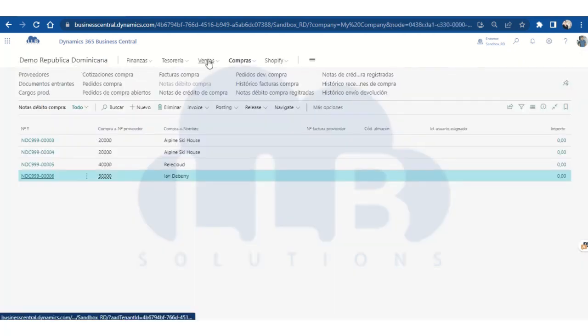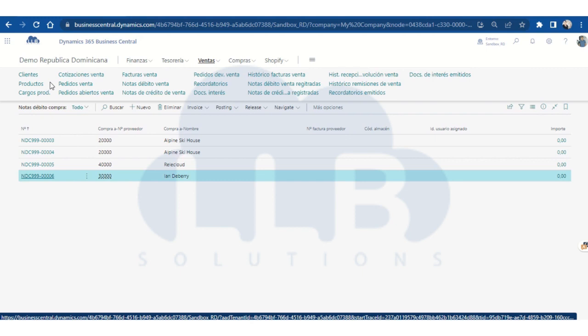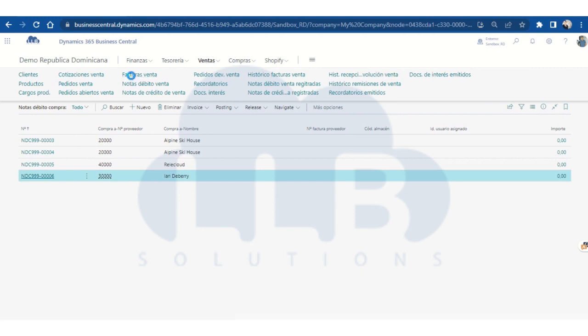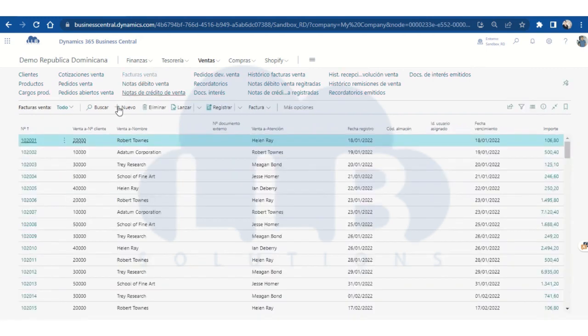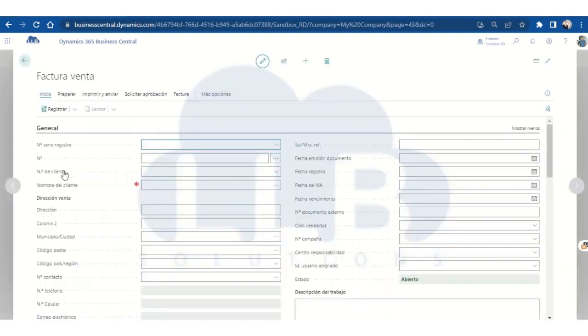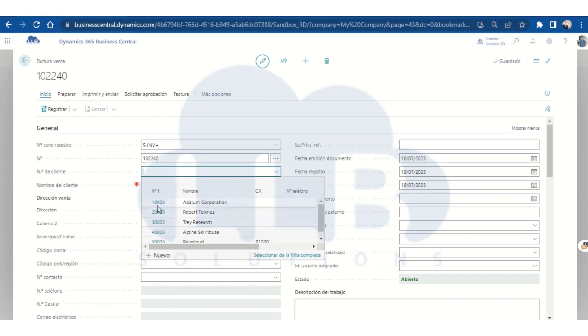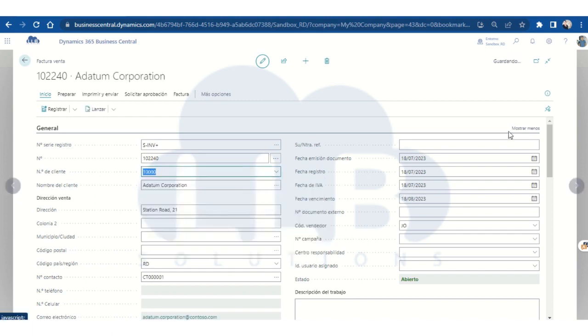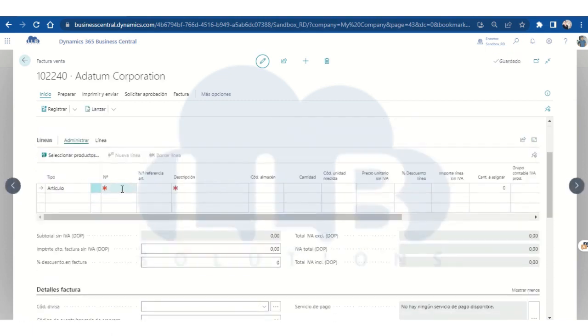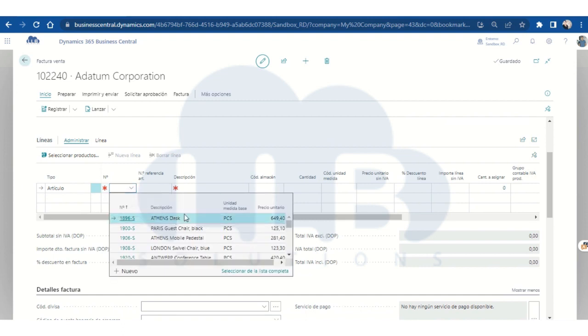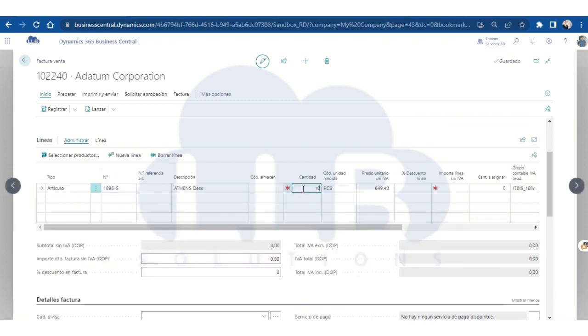invoices of registered purchases. I go to the history, and here all the purchase invoices are saved. Now we go to the sales module, and we are going to generate a sales invoice. We are going to select the sales invoice, and indicate new sales invoice. We are going to select the name of our customer. Here we select our customer, for example 10,000,